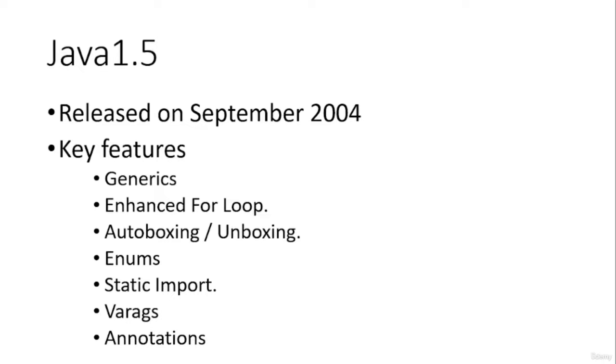Next thing which you need to mention is the auto boxing and unboxing features. Java has some primitive data types. In order for those primitive data types to be used in the object concept, we have to use the auto boxing concept. Auto boxing and unboxing will be explained later in this tutorial.